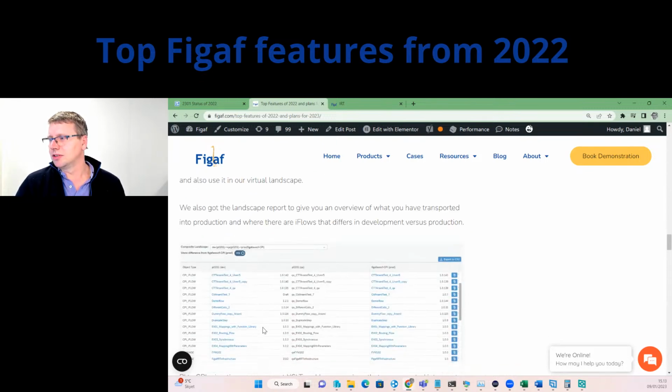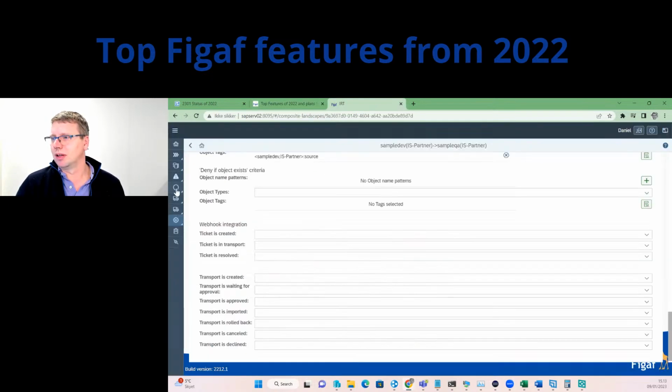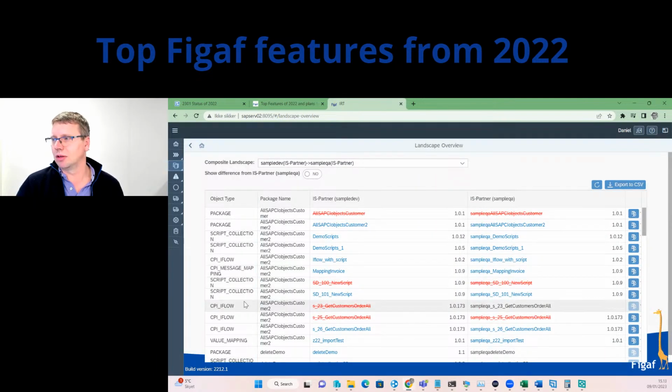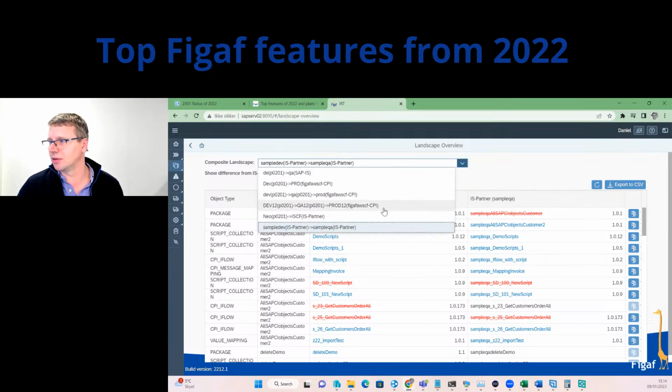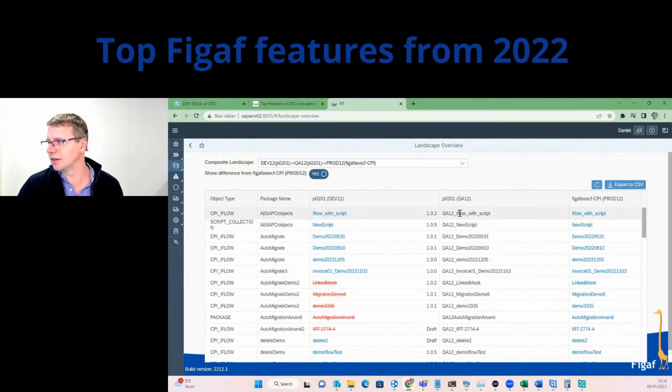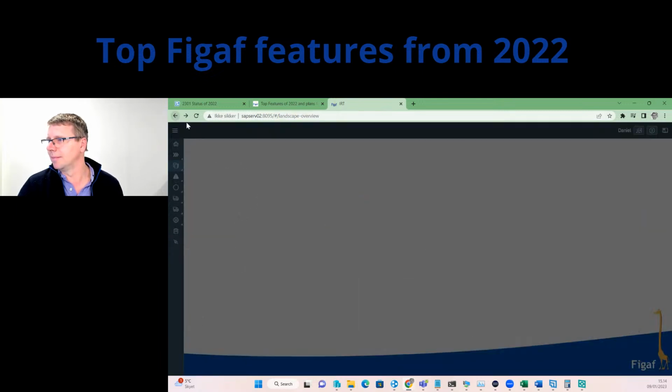Oh yeah, we also got this overview report, and I really like this. So if you have a landscape, let's just say we have this one I've been using, we can see what are the different objects that we have in this landscape. And if we want, we can also see, is there anything that is different in the productive system compared to the development system. So we probably need to select one of these. Here we can select this, so we can see this has version 2. It is not in QA, on this QA, and if we look out,